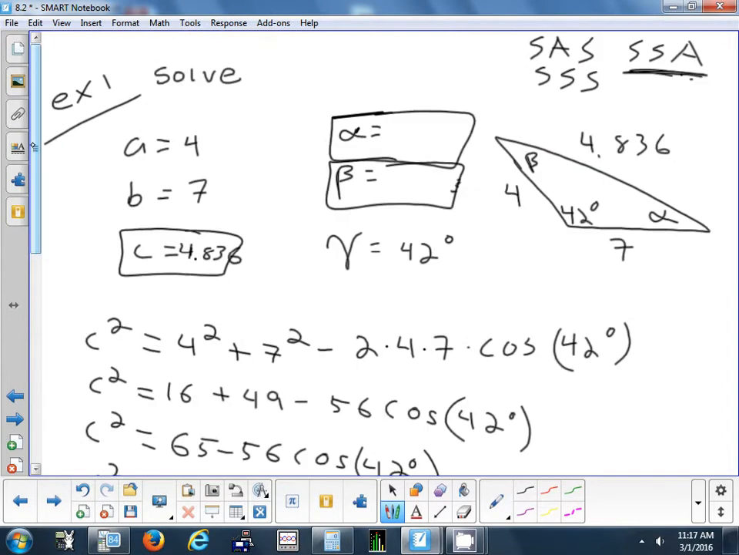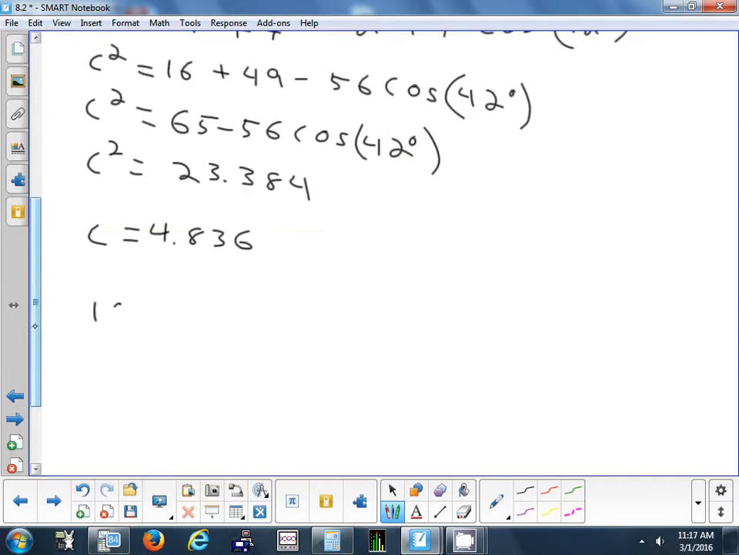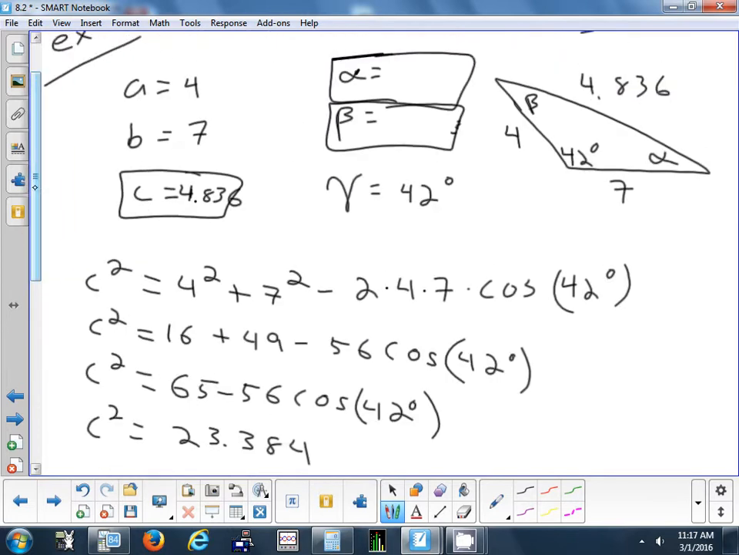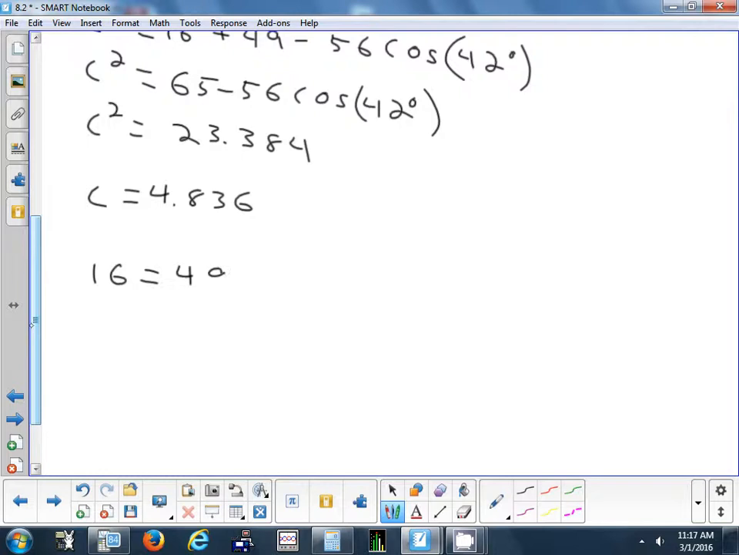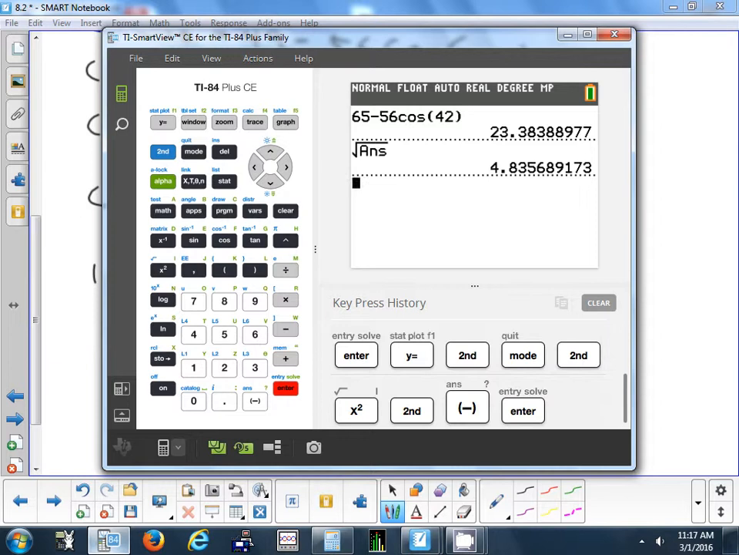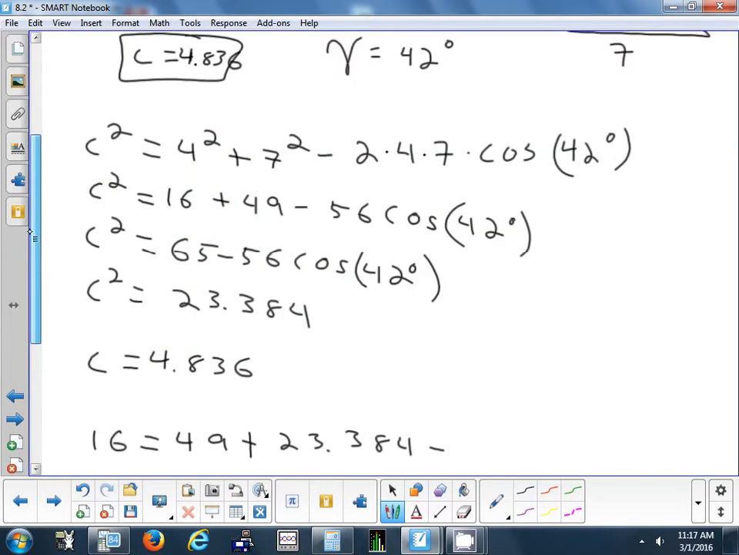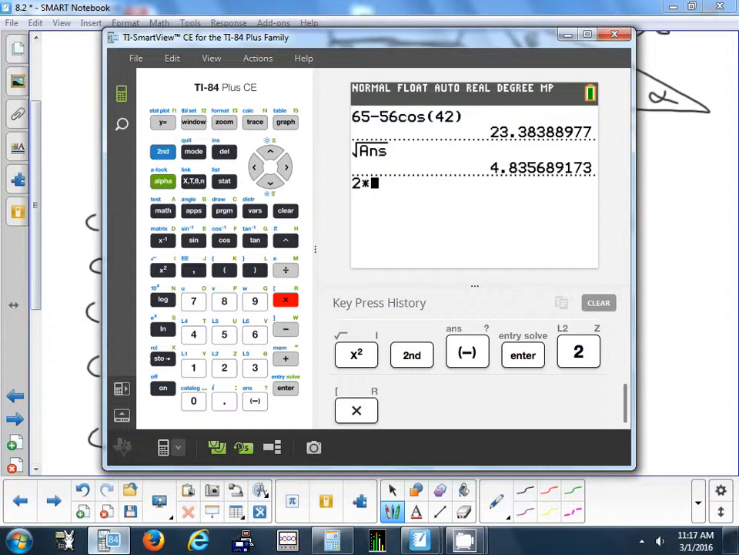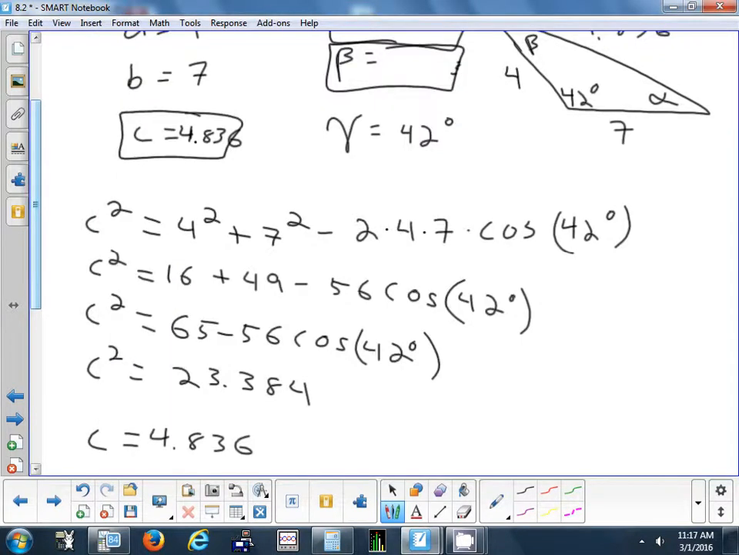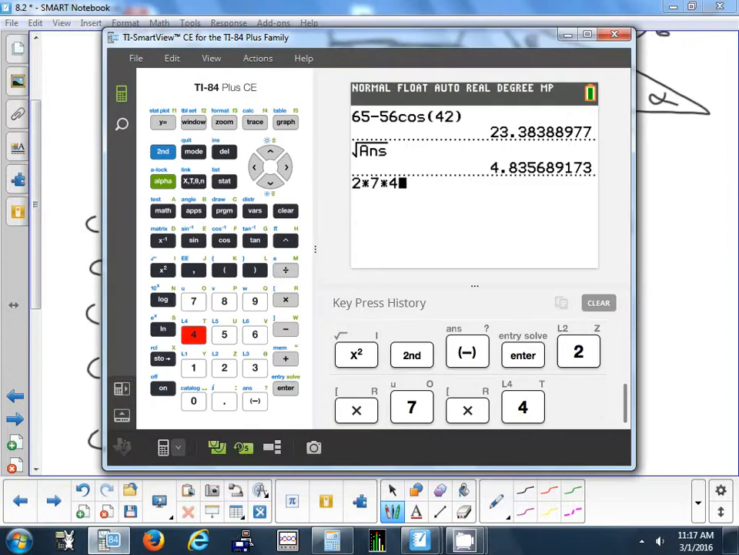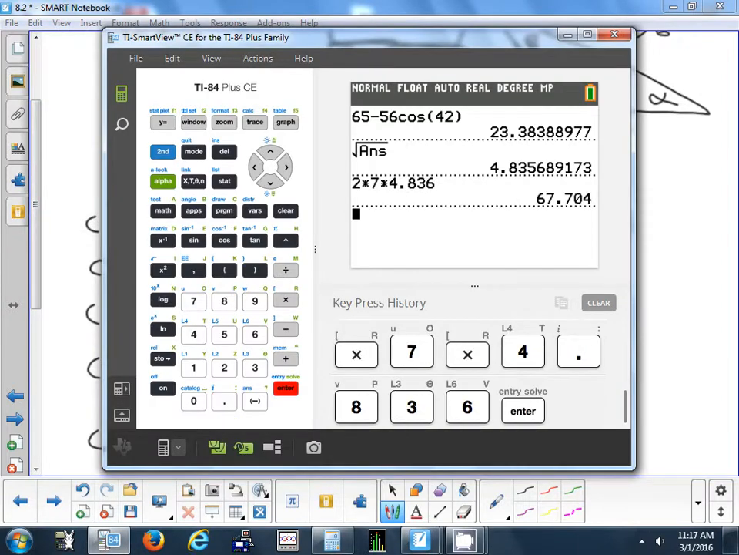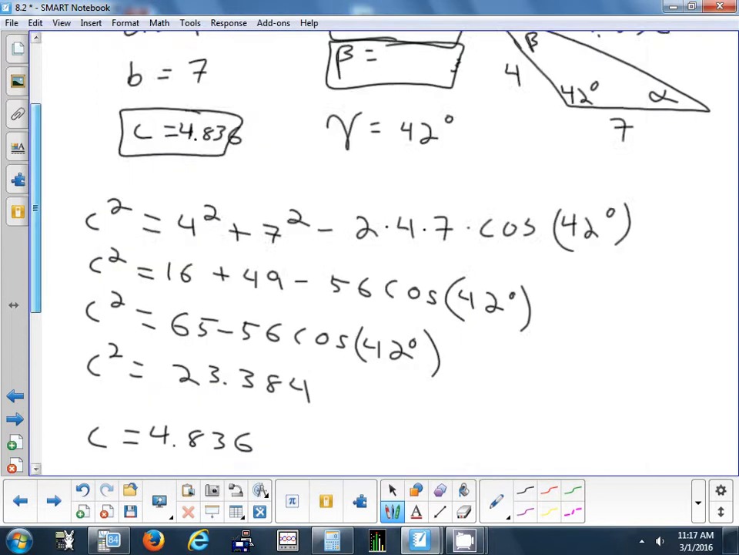Yep, a squared. So I got a squared equals b squared plus c squared minus 2 times b times c. 2 times, what was b? 7? Minus 2 times b times c. 4.836. Okay, so that's 67.704